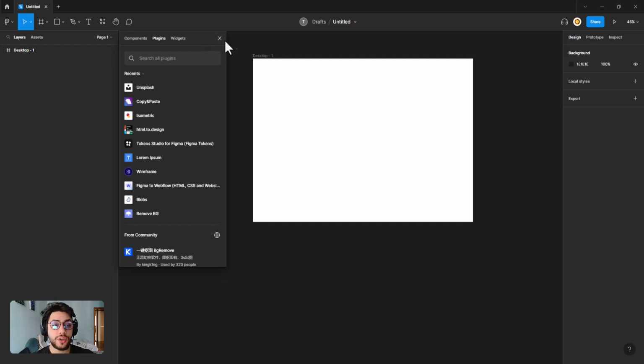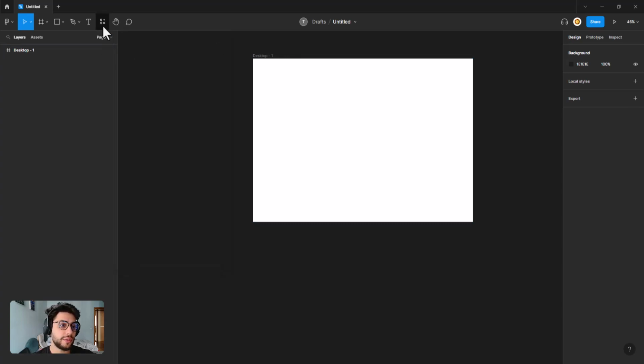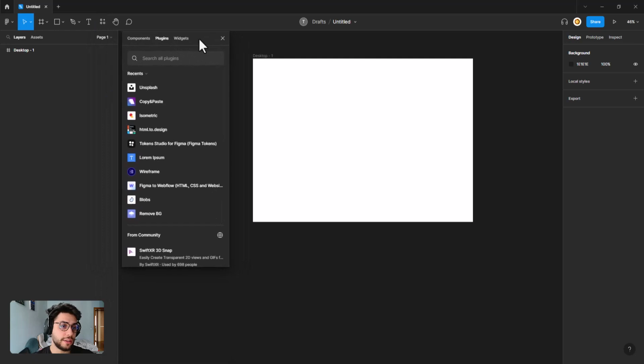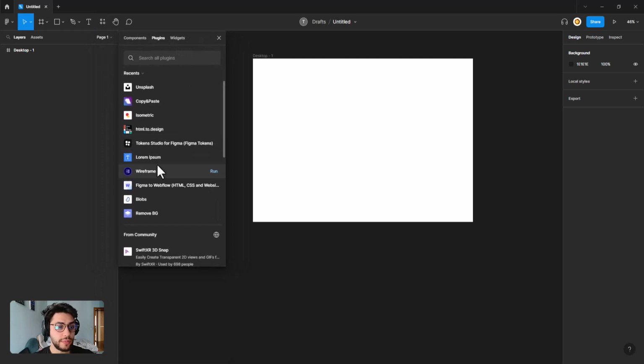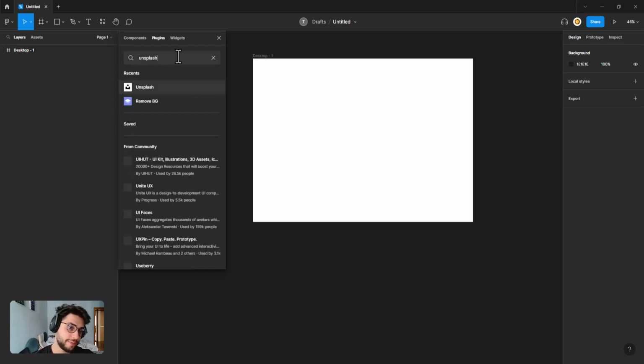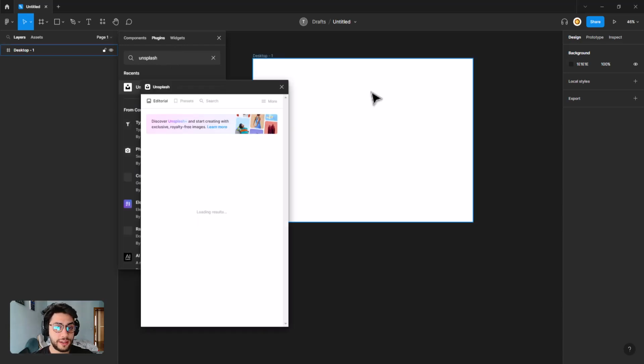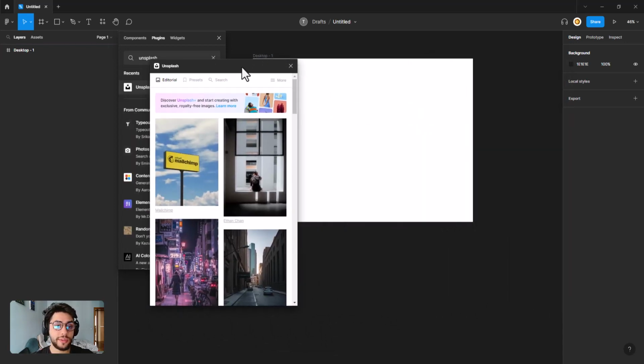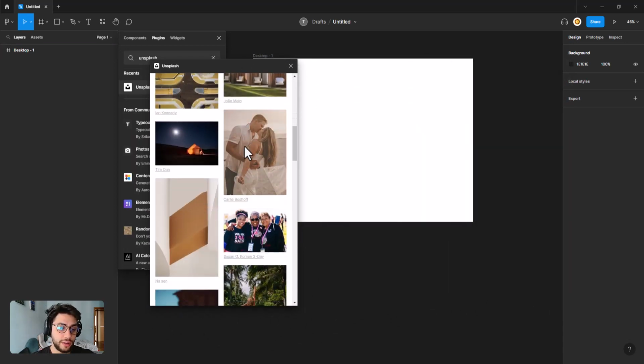First plugin I want to show you is the Unsplash plugin. So you go to plugins from here, resources, plugins. I usually like to dock it to the side, so that's what I do. And you go ahead and type Unsplash and you run it. Basically, when you run Unsplash, you get this awesome library full of really cool images